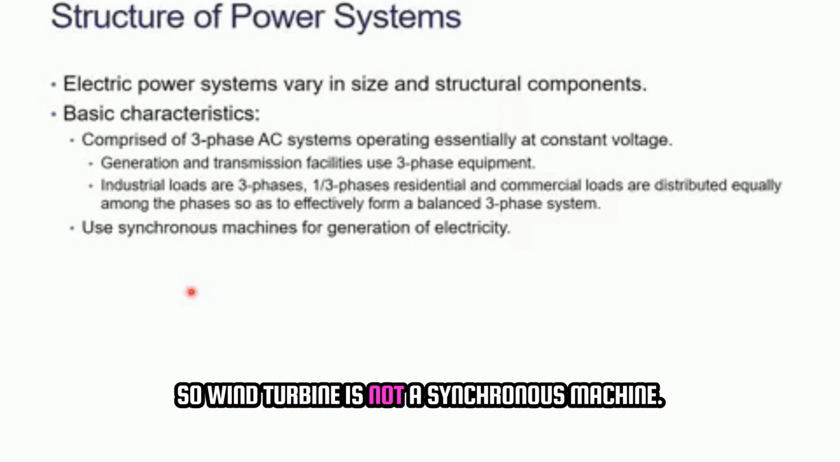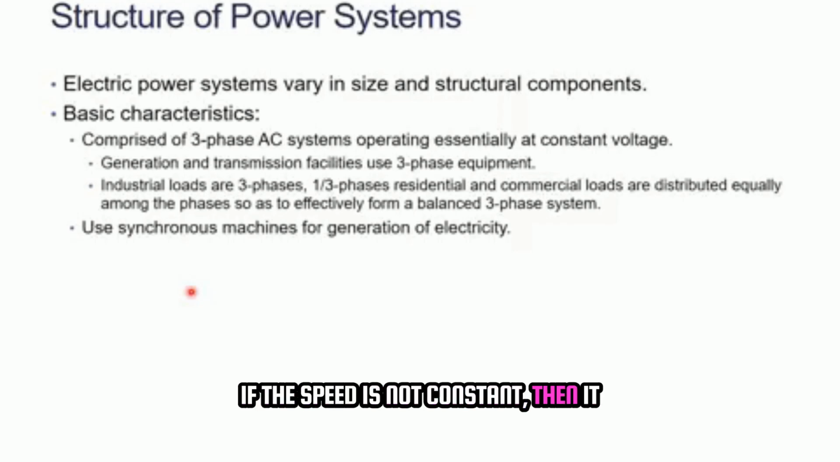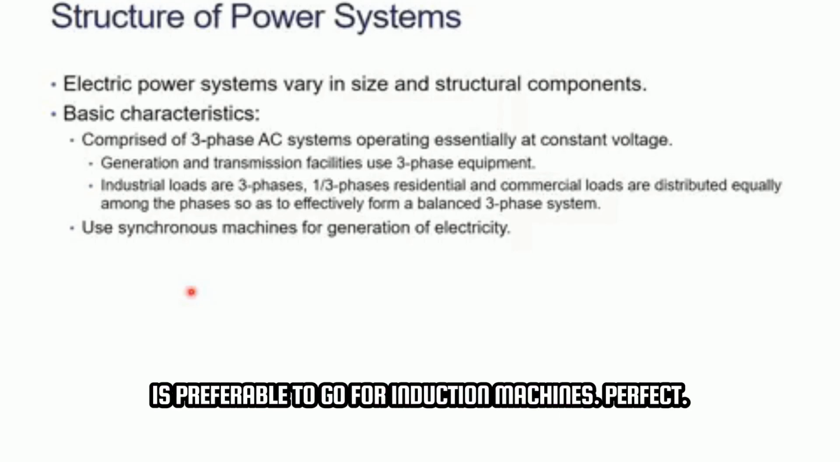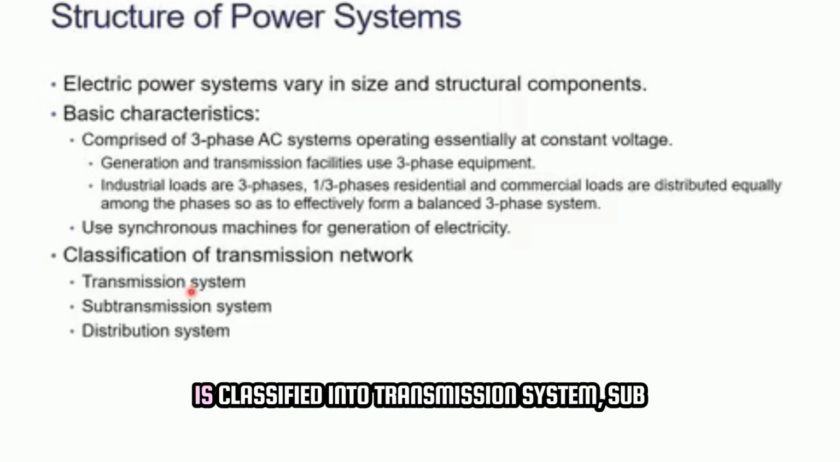So the wind turbine is not a synchronous machine, it is an induction machine, and that is the only rotating machine where we use a non-synchronous or induction machine. The rest are all synchronous machines. The basic idea is that a synchronous machine needs a constant speed for rotating the rotor. If the speed is not constant, then it is preferable to go for induction machines. Perfect, very good. And also the transmission network is classified into transmission system, sub-transmission system, and distribution system,